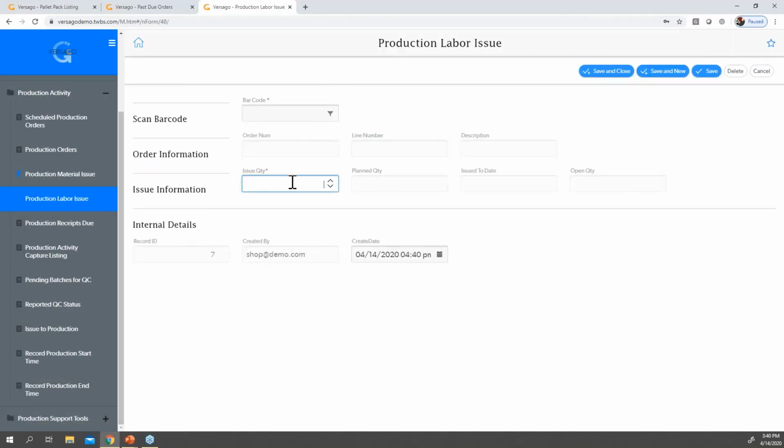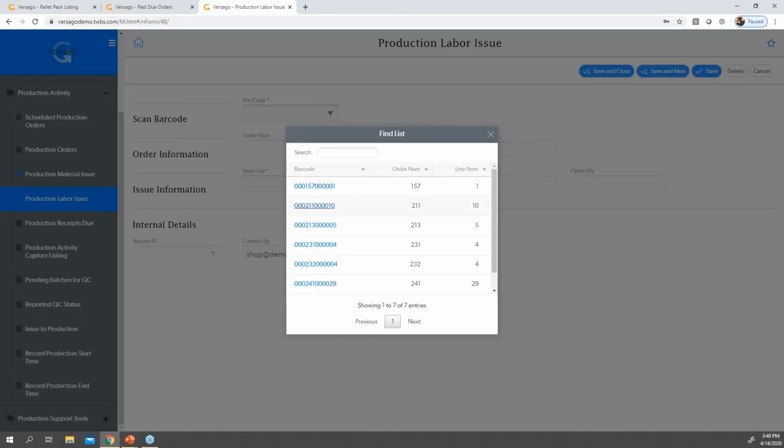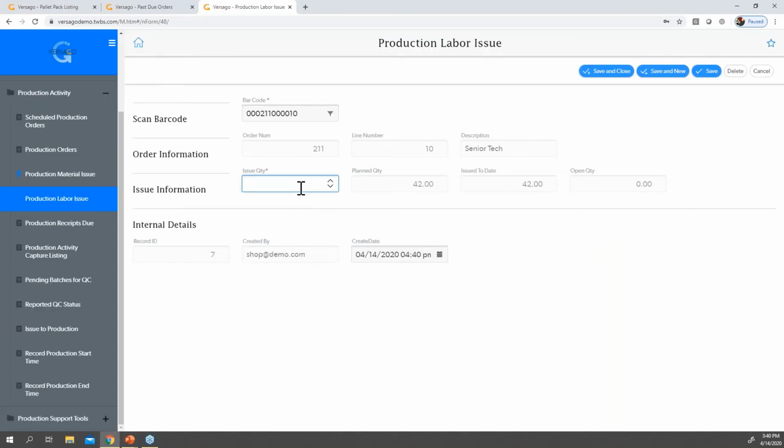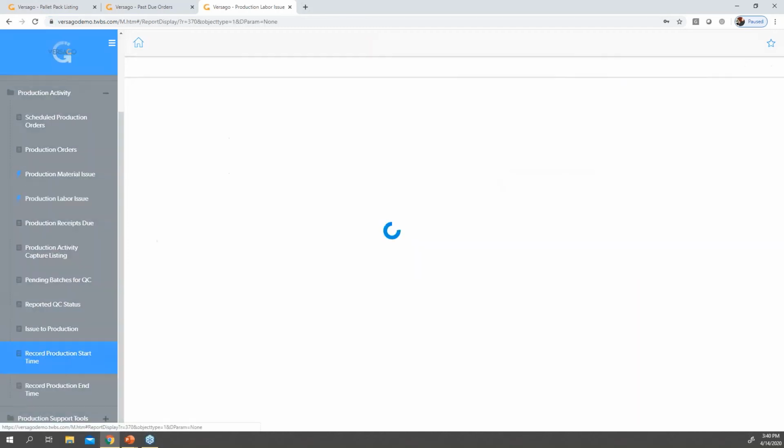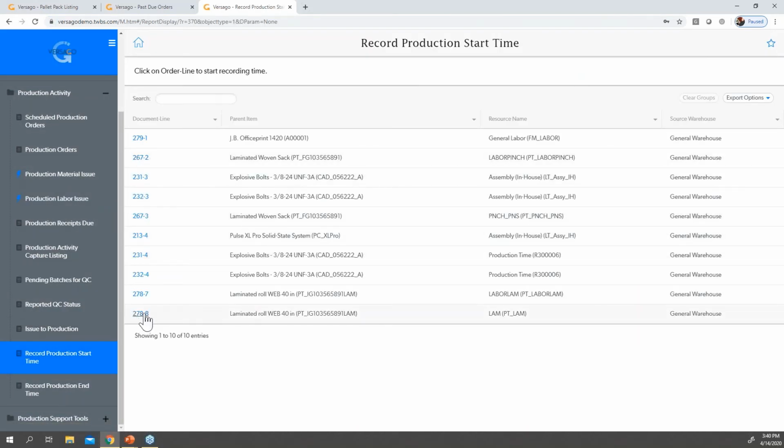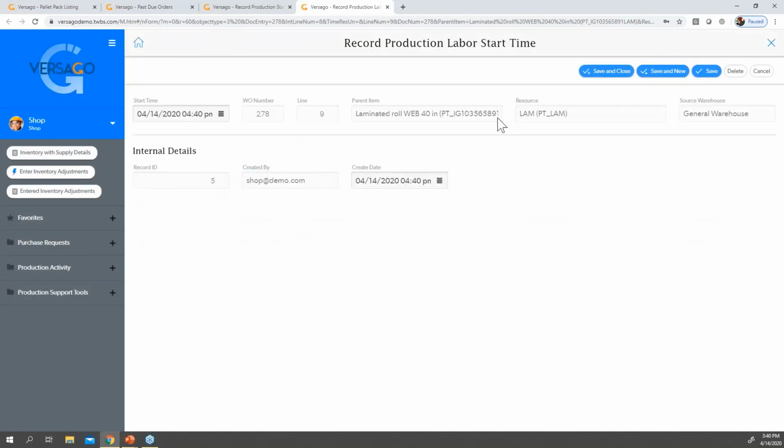Same with labor issues. So this is where, historically an SAP Business One user would be going in and doing the labor issue based off of time cards. So similar where maybe you just want the user to go in and say, yeah, I spent 10 hours on this, or 10 minutes, or whatever your unit is, save and close. Or maybe you want the production employee to pick up a line and just say, yeah, I'm starting this.